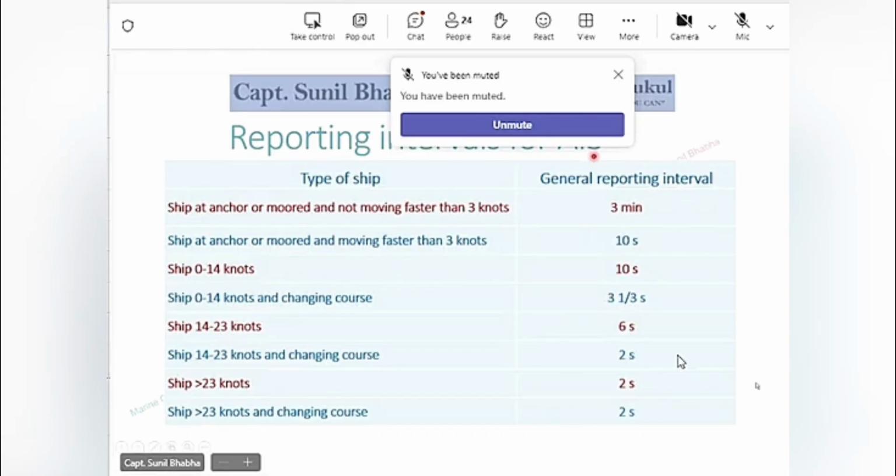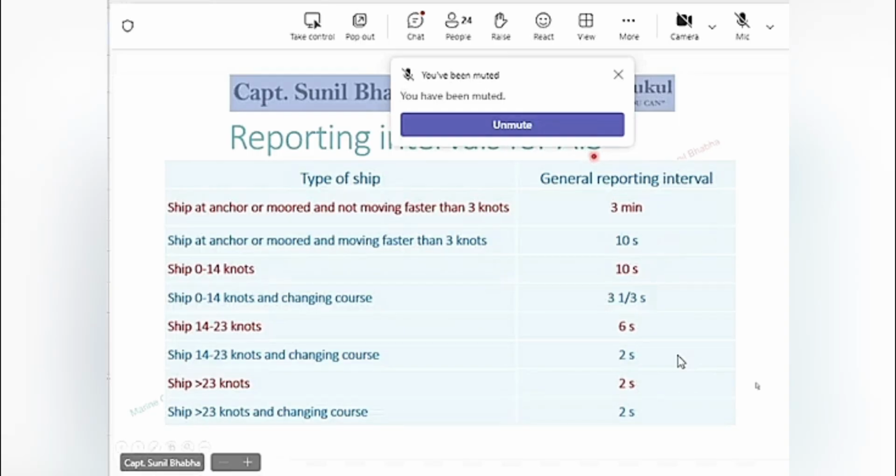So if you compare it with a ship which is moving fast, let's say also altering its course, then the data needs to be updated fast. The frequency has to be higher because when you watch that ship on your AIS, and if the frequency is less, in the case of a fast moving ship which is also altering course, it is possible that the AIS data may be outdated.